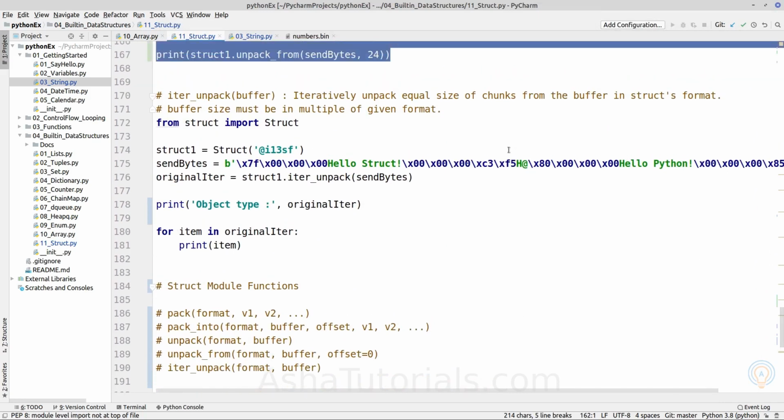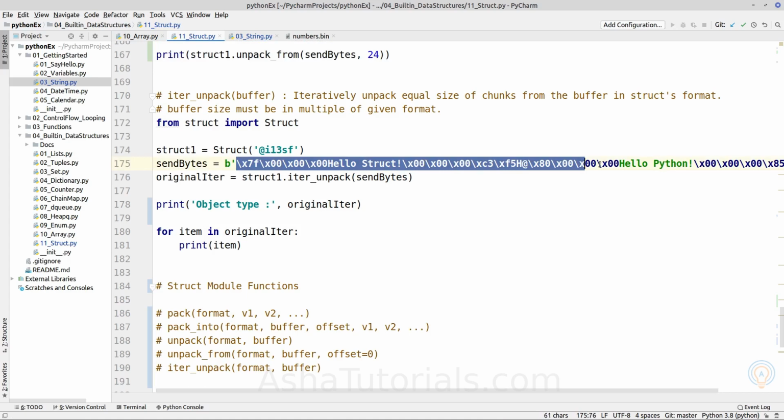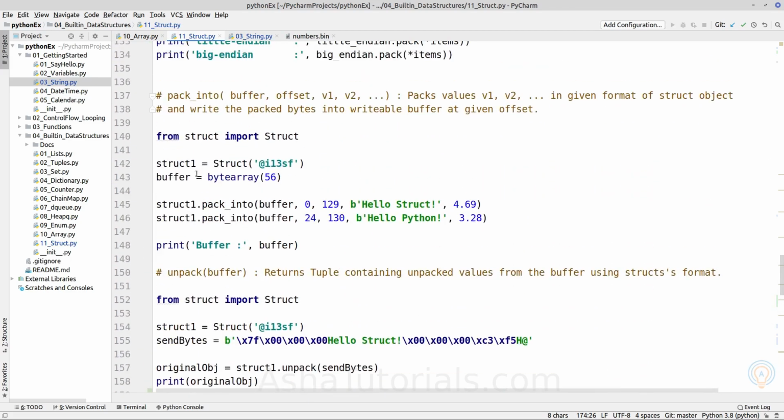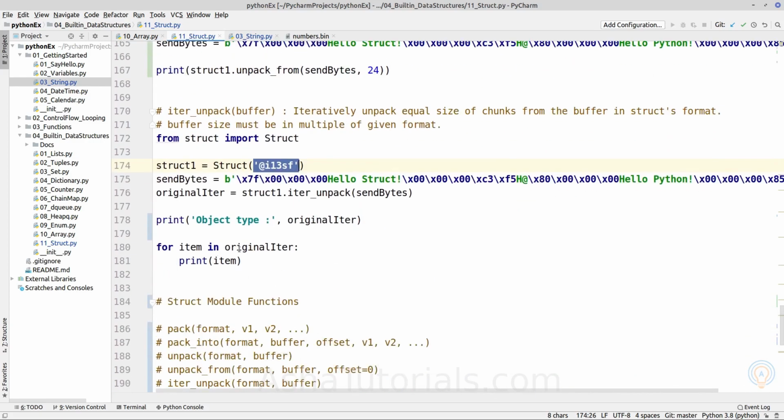Next method is iter_unpack, which iteratively unpacks equal-size chunks from the buffer using the given struct format. So we have the struct object in this format, and we have bytes holding multiple struct elements. Using iter_unpack, we can iterate over each struct element. We have used the pack_into method to pack multiple struct elements, and now we can iterate over each element using iter_unpack.